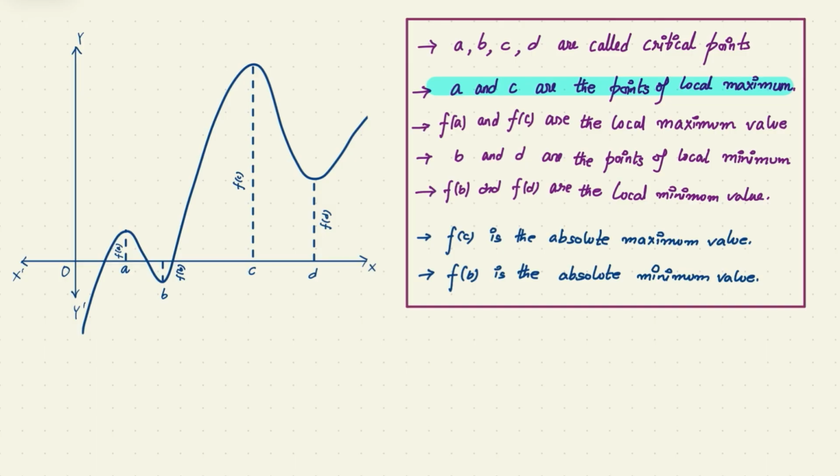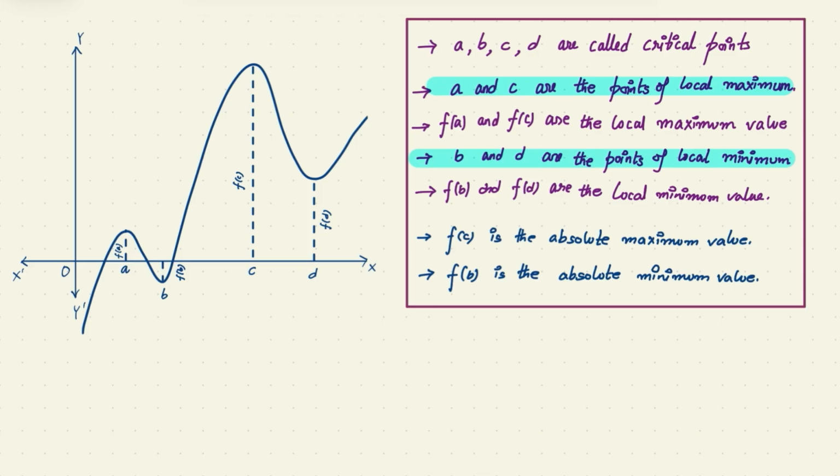Because in the neighborhood of A, the maximum value of the function is exactly at A. That's why point A is called the point of local maximum. At C also, in the neighborhood of C, the function is a little bit less than at point C. So point C is called the point of local maximum, and the corresponding values, F(A) and F(C), are called the local maximum values, and similarly points B and D are called points of local